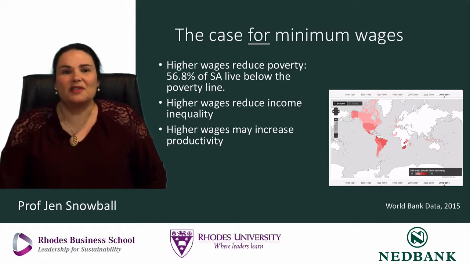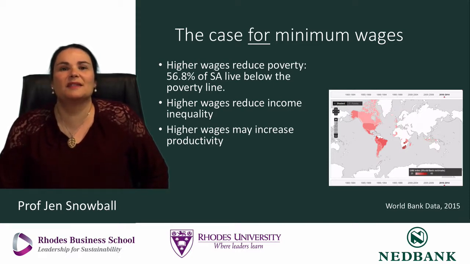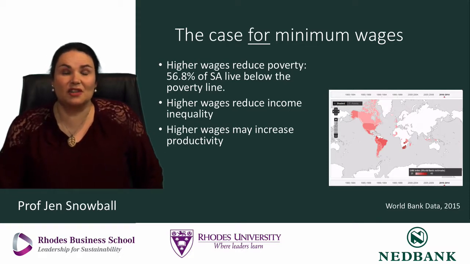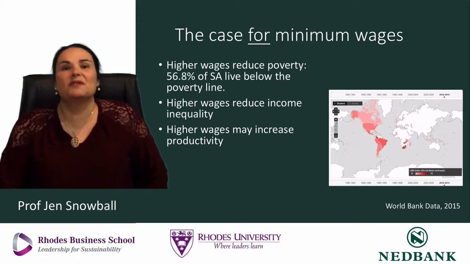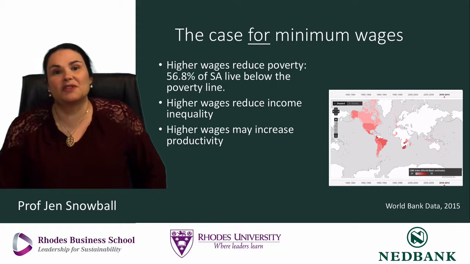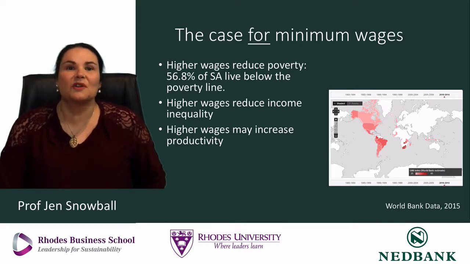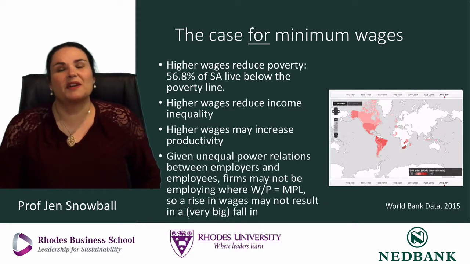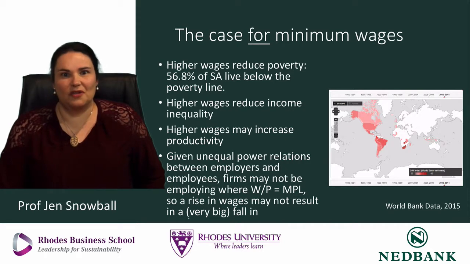There's also a theory that higher wages may increase productivity. This could happen in two ways. The first way is that workers who are being paid more might be more motivated to do their jobs better. But there's also a theory that the people who employ the workers would then find it more worthwhile to increase their productivity. They could do that, for example, by sending them on training courses or by buying them better equipment. And that would make those workers more productive and therefore move the wage into line again with the marginal product